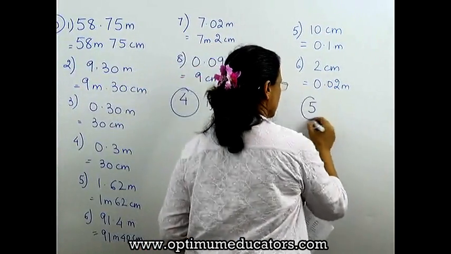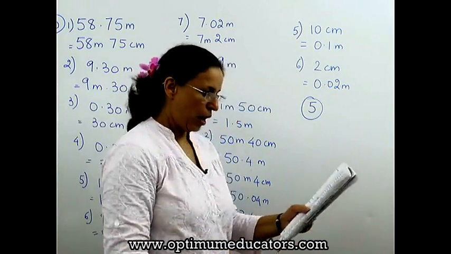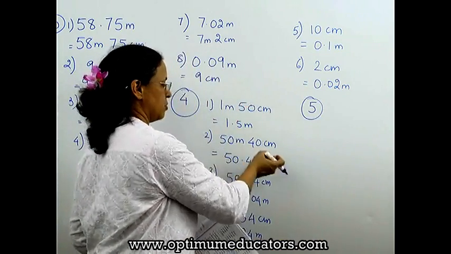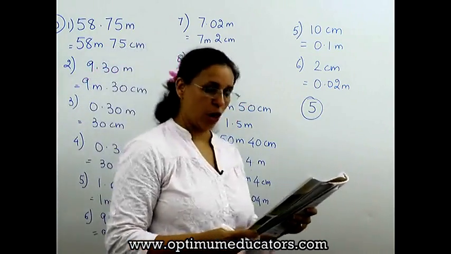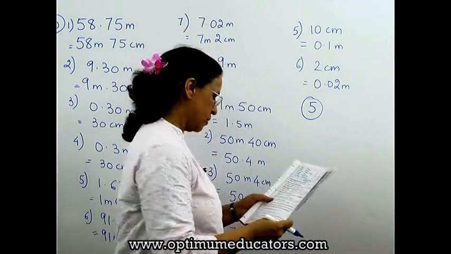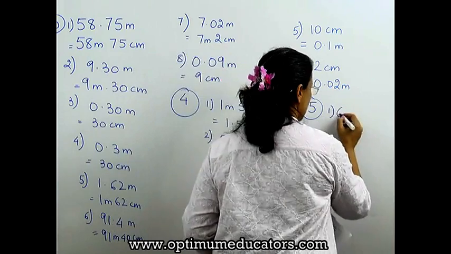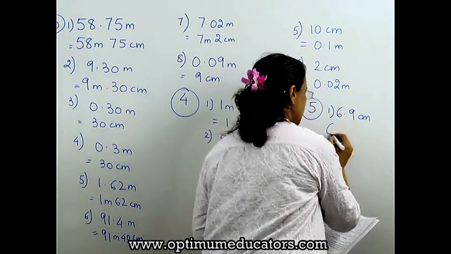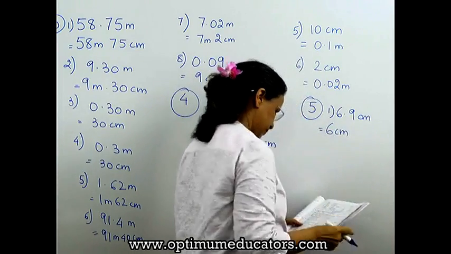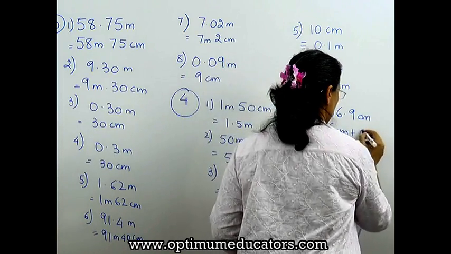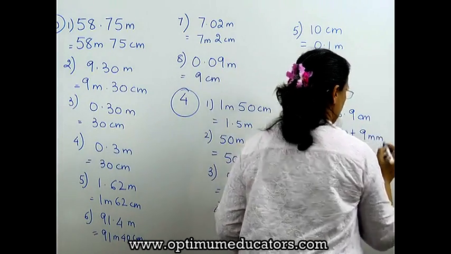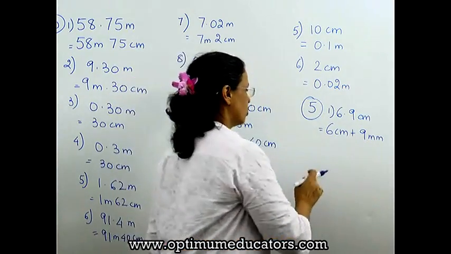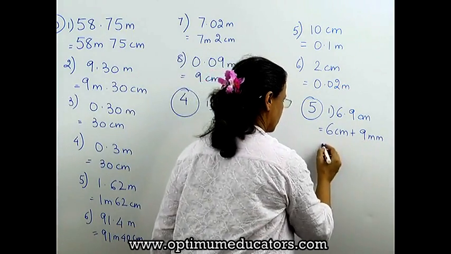The fifth question in this, how many centimeters and how many millimeters? Now here we were doing only in meters and centimeters, but here we are going to do it in how many centimeters and millimeters. Okay. Now if it is given 6.9 centimeters, so what will it mean? 6 centimeters plus 9 millimeters. Here only 10 millimeters make the centimeter. Okay. So here we have to have only one placement.